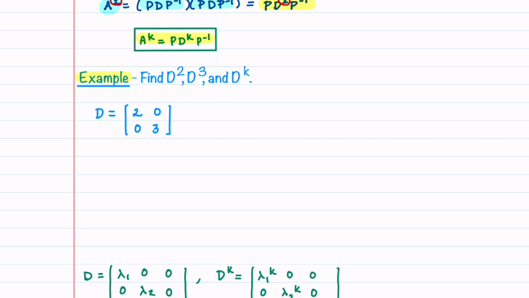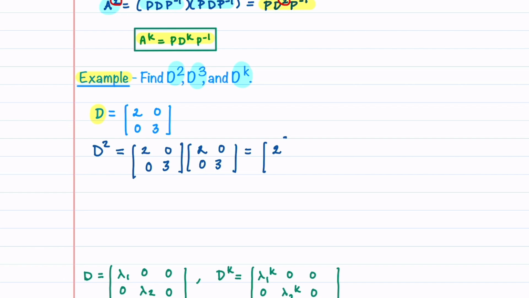We're given a 2 by 2 matrix D, and we're asked to compute D squared, D cubed, and then D to the k. Let's begin by computing D squared. D squared is just our matrix D times our matrix D. And we just have to multiply these out. And we end up with 2 squared. I'm going to write it like that instead of writing down a 4. And then we get 3 squared. Now we can go ahead and write it down as